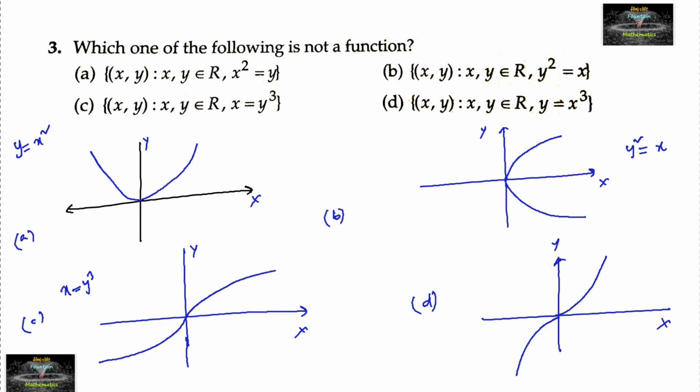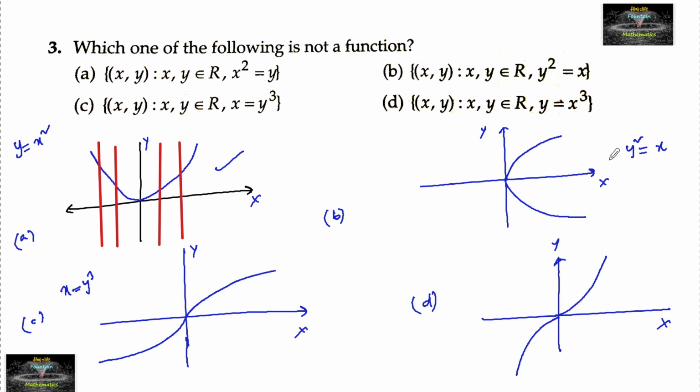if I draw any vertical line and it cuts the graph at more than one point, then it is not a function. And for every value of x, it should have an image. Here in the first graph we can see that for every real value of x, the graph exists, meaning it is defined. So the first condition is satisfied. And if I draw any vertical line, a line parallel to the y-axis, it cuts at most at one point only, which means it is satisfying the vertical line test. So we can say that the first one is a function.